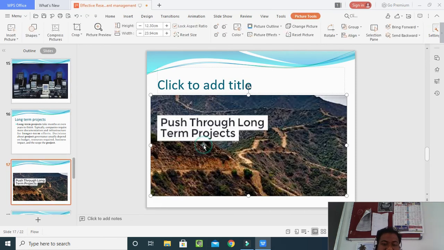If you see the picture, how it is pushed, that means pushed through long-term projects. This is a long-term project. Maybe by this picture they want to change the scenario of transportation across these mountains from India or China or Nepal or some other countries which are adjacent to it. Tibet, we can also see. So it's a long-term goal.